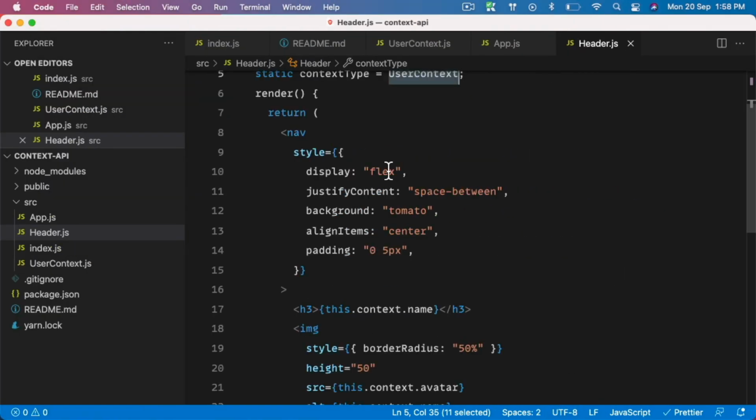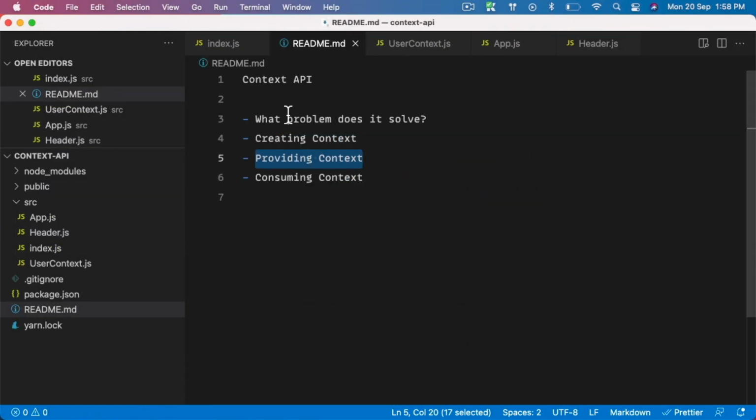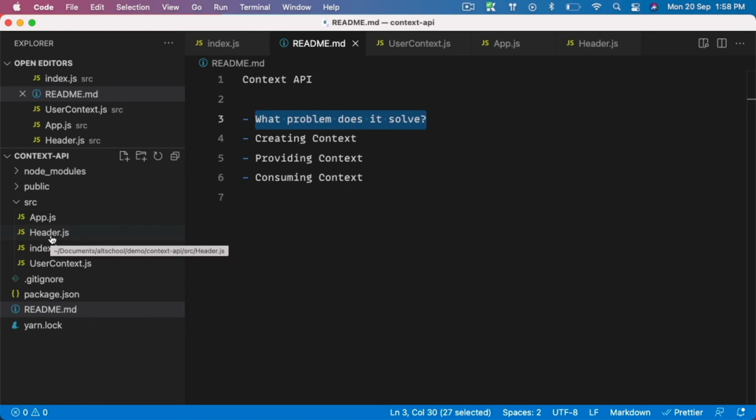So just to recap, the first thing we understood about context API is the problem that it is going to solve. The problem was whenever you pass data from one component to another, the only way to do that is using props. Right now the app is smaller, so it is easier, right? But in future, you can have maybe tens and millions of components and then it becomes a huge problem.